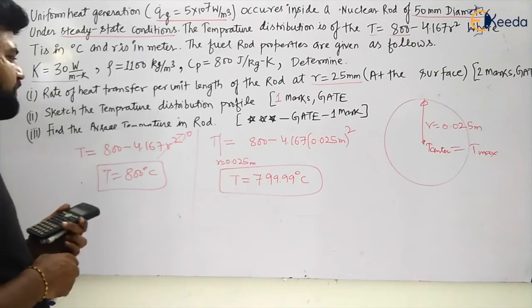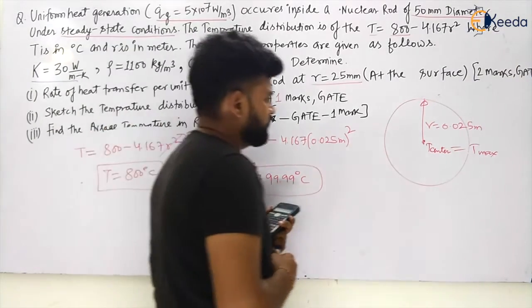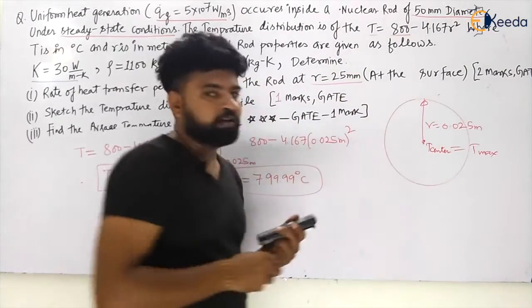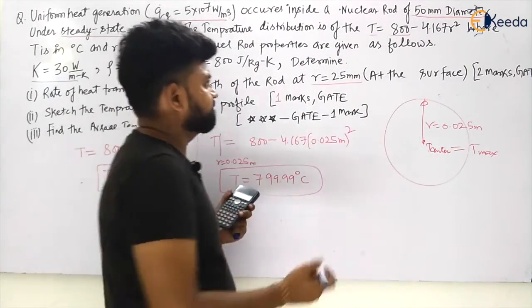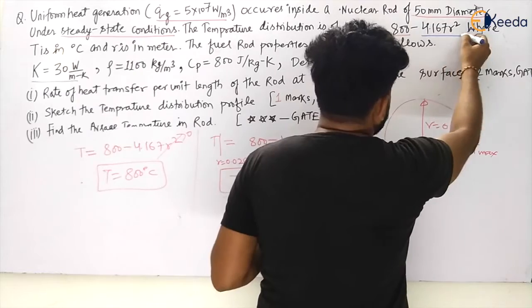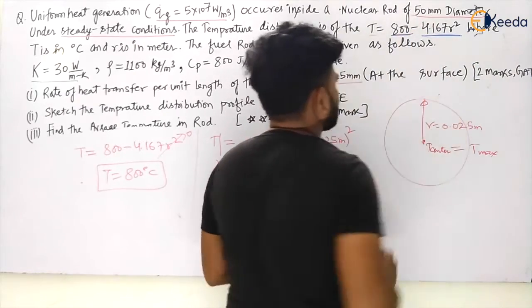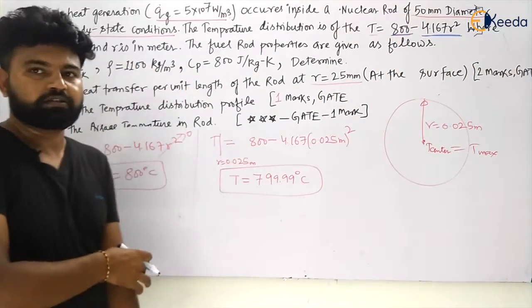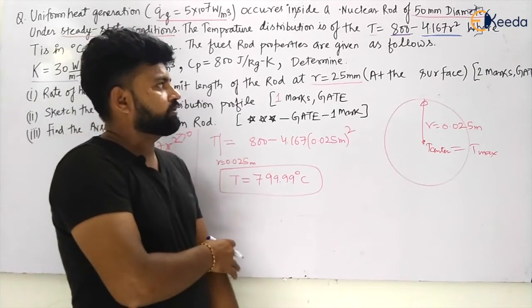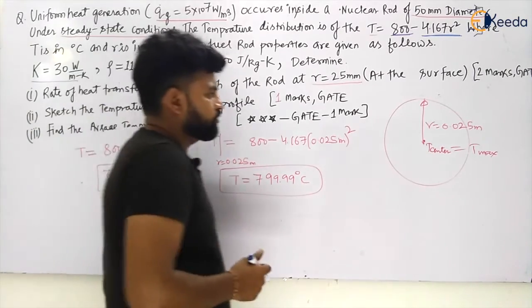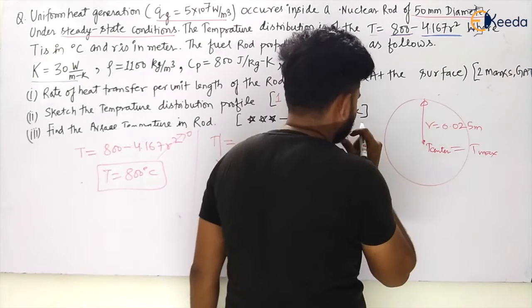So we know the temperature right now. The temperature distribution will have no large variation, but we can see it is something like hyperbolic, or we can say it is not logarithmic, it is some kind of parabolic. So what will be the temperature distribution? Let us see in this case.